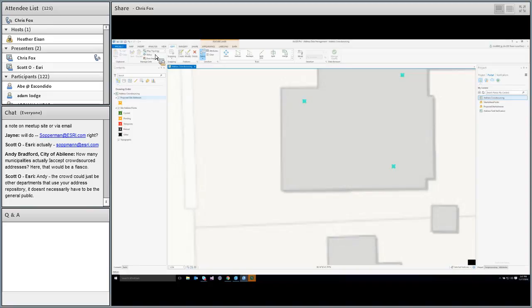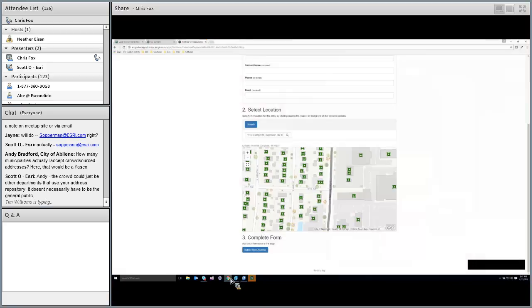Copy that. I want to paste special. I want to paste it into the site address point as a current address. So this is loading those features into that feature service. Now if I turn off the proposed site addresses and clear the selection, you can see they're now in the authoritative address layer. If I refresh my address crowdsourcing